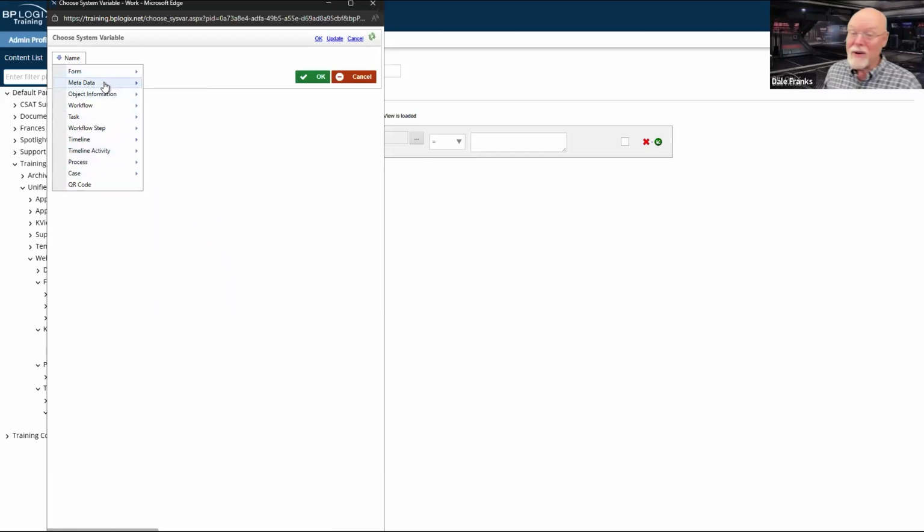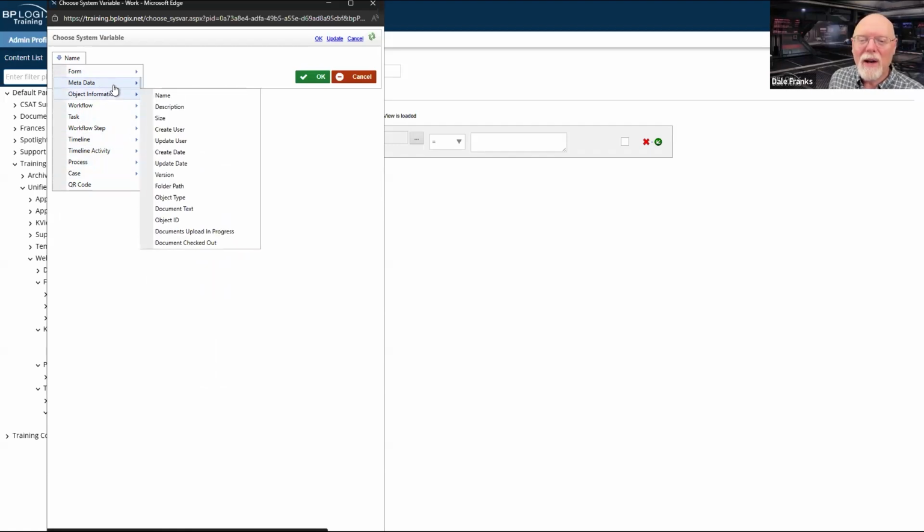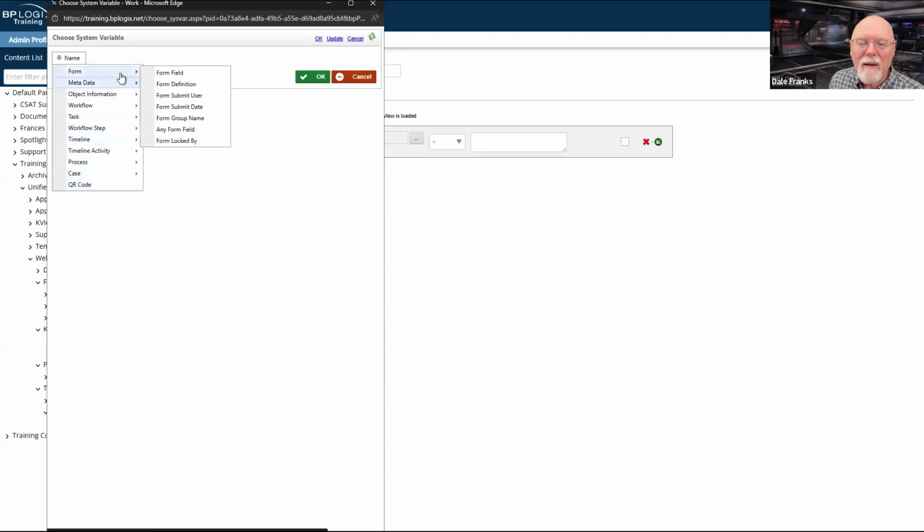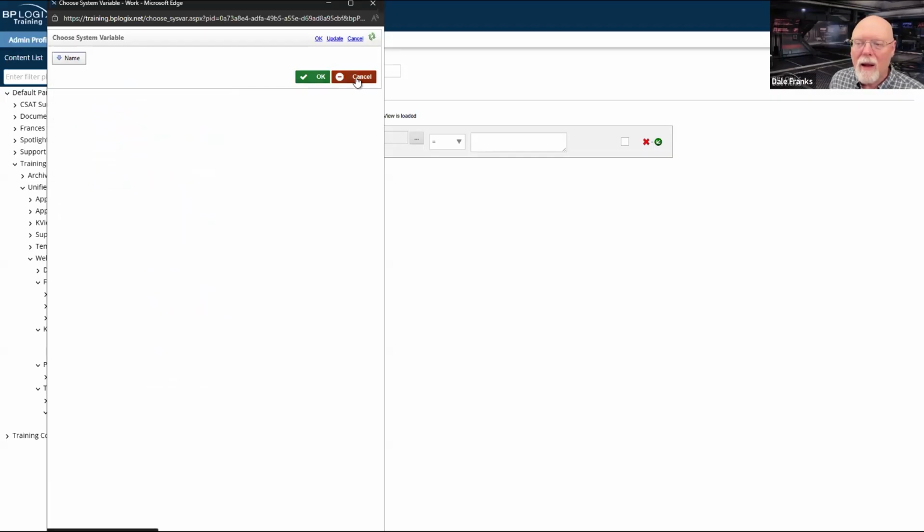Okay, well, I do have a quick and dirty way of doing it if I want to do it by metadata, but I don't have a method here to grab a specific value.